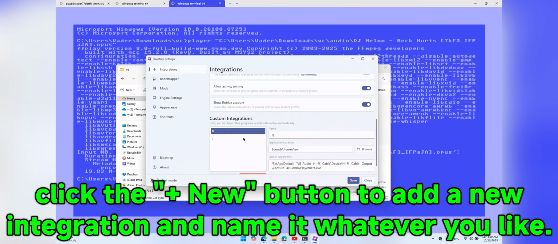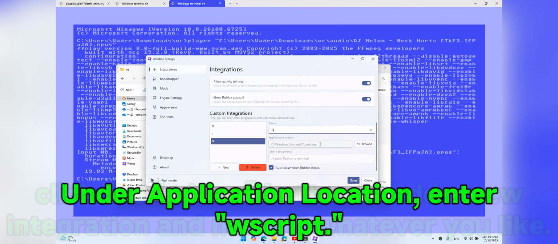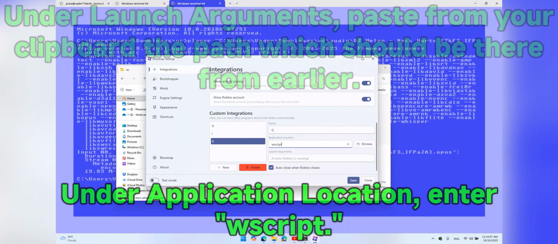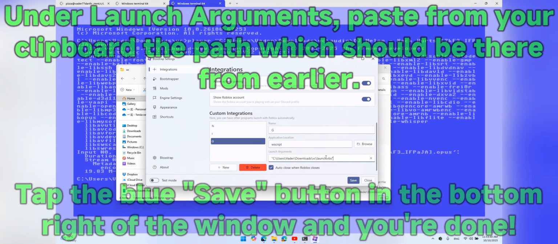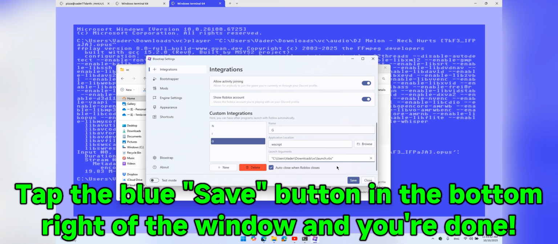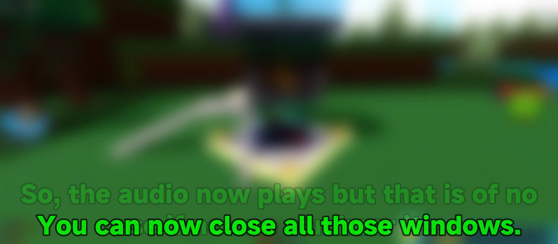Click the plus new button to add a new integration and name it whatever you like. Under Application Location, enter WScript. Under Launch Arguments, paste from your clipboard the path which should be there from earlier. Tap the blue Save button in the bottom right of the window and you're done. You can now close all those windows.